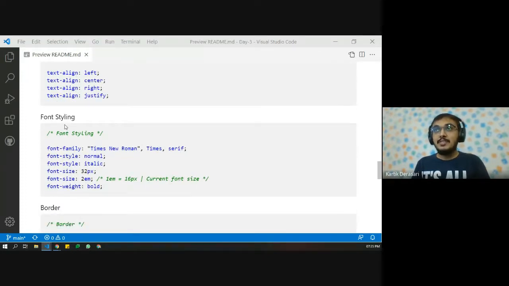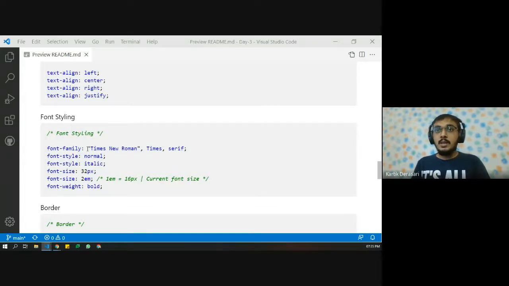Then we have font styling. Okay, so whenever we want some kind of font, it could be Times New Roman, it could be Verdana, Arial, or it could be sans serif or serif. So all these are different kind of fonts. So for an example, here the priority is given.